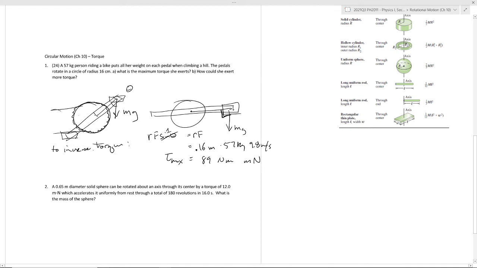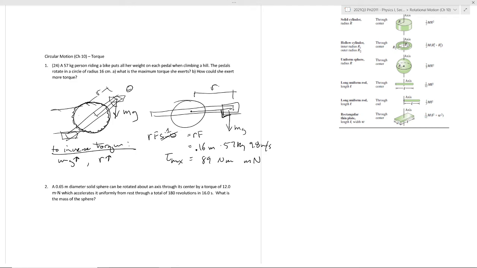You could gain weight. That would increase the torque. You could use a longer crank arm, increase R, in other words. So just to clarify, remember R is from here to here. R. You could pull down on the other, or on the handlebars, and maybe exert a force larger than